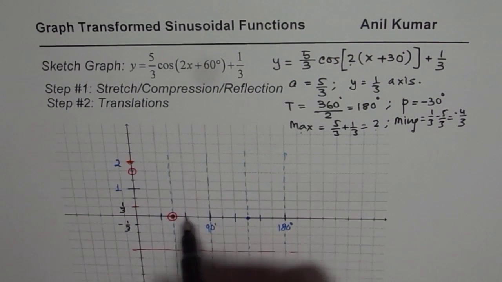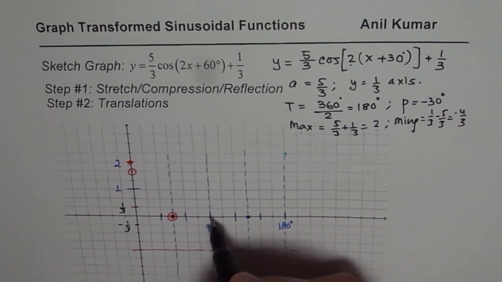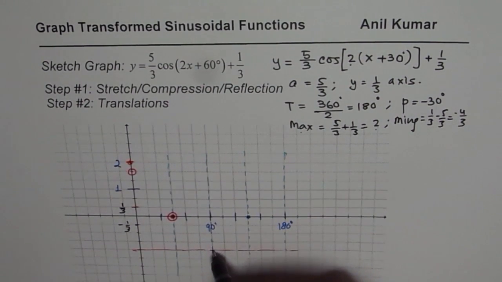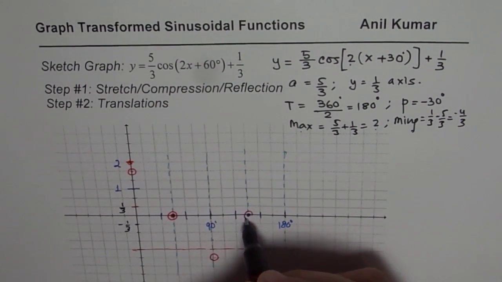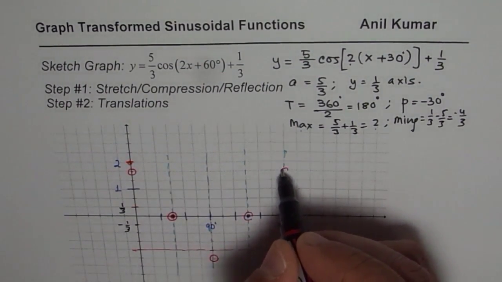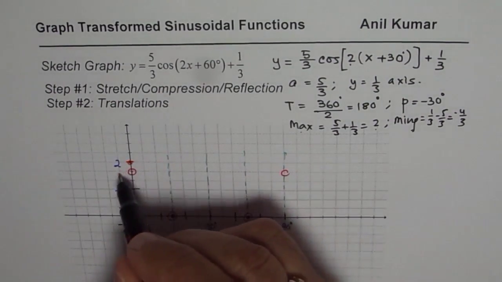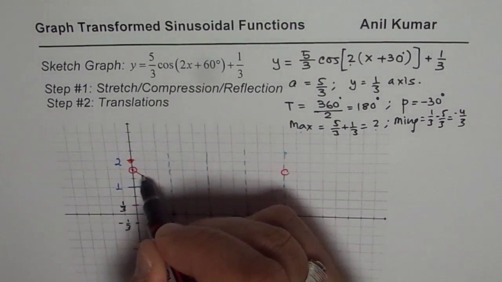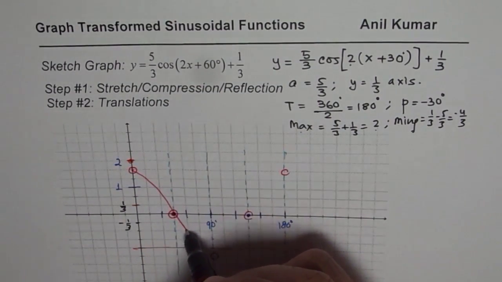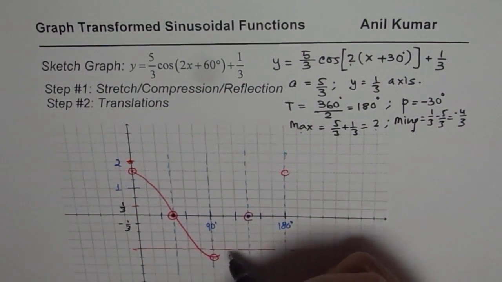And then in the third quarter it has to be a minimum. So 1, 2, 3, 4, 5. That is the minimum value. And then again a 0. And then a maximum, which is 5 over 3. Connecting these with a function which looks like a cosine function will give us the first graph,